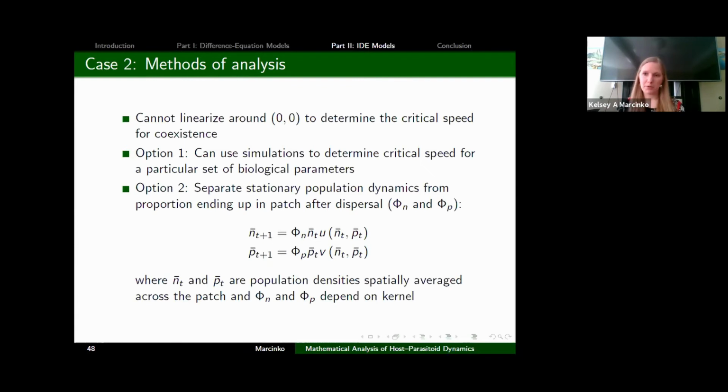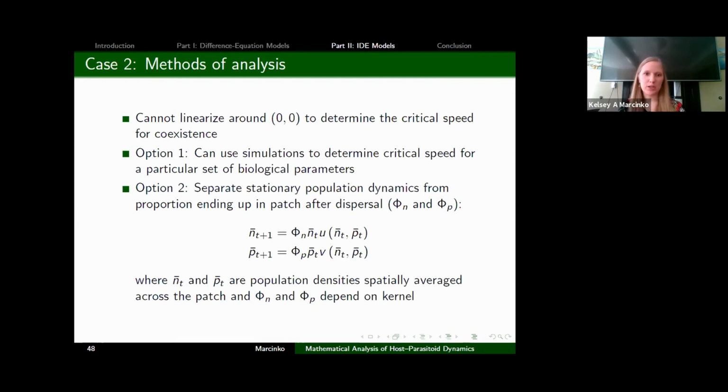So 2 of the options that I chose to pursue, not to say that these are the only possibilities, but the 2 that I pursued in this work, were to first use simulations to determine the critical speed for a particular set of biological parameters. Quite computationally expensive to do this, but developing this option allows us to compare other approximations with what we're getting